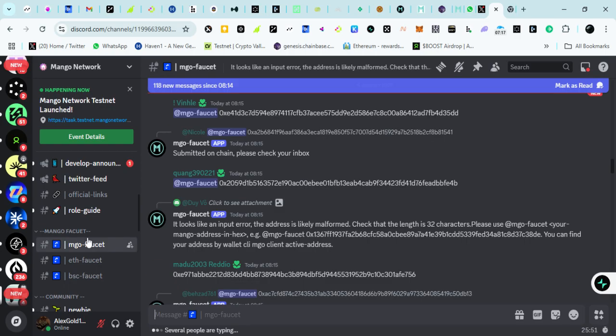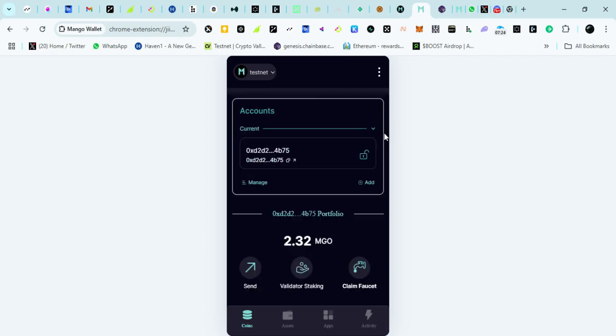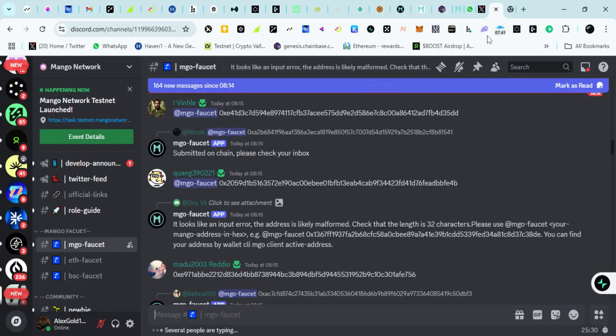On this section, once you're here, you go to your wallet. Now you copy your wallet address. This here is your wallet address for Mango Testnet. So you click this copy icon. Once you click the copy icon, you go to the Discord. Once you're on the Discord,